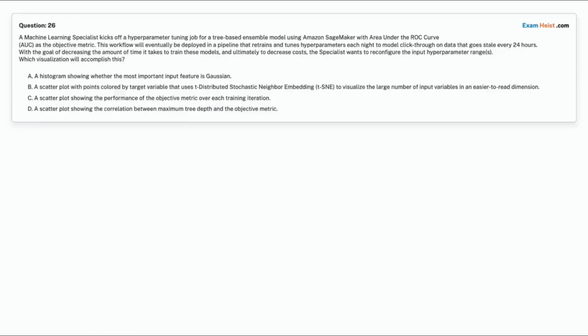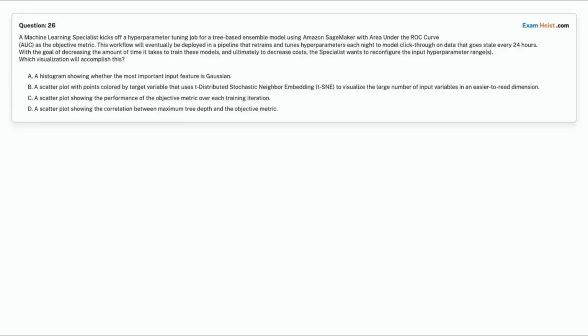Question 26. A machine learning specialist kicks off a hyperparameter tuning job for a tree-based ensemble model using Amazon SageMaker with area under the ROC curve, AUC, as the objective metric.